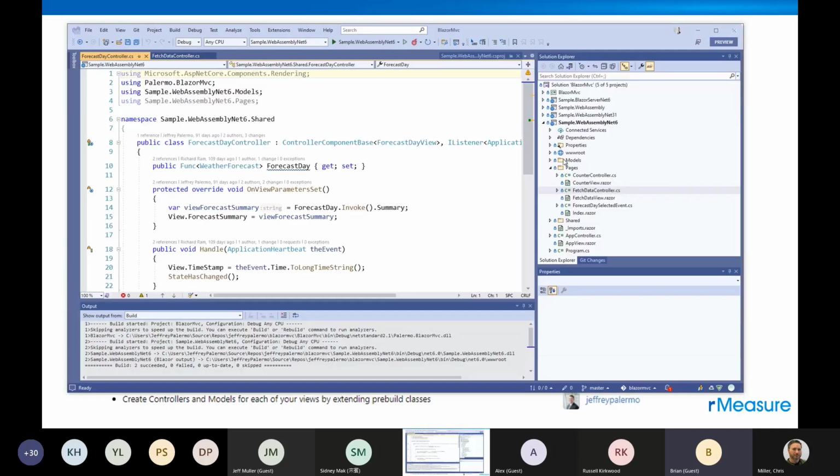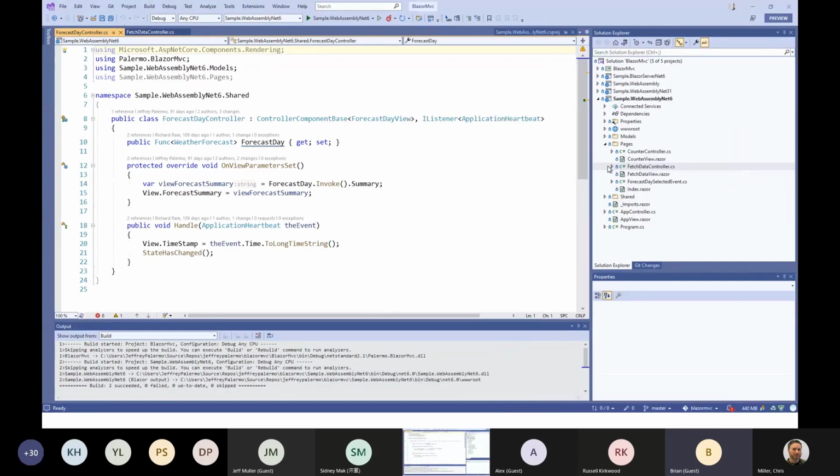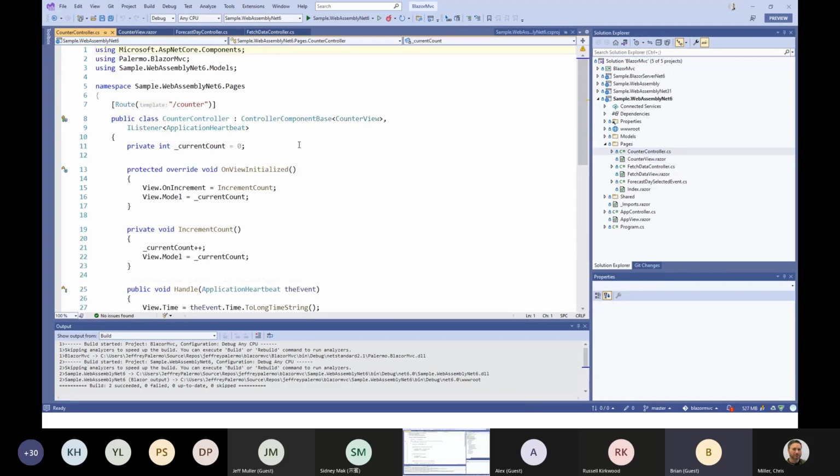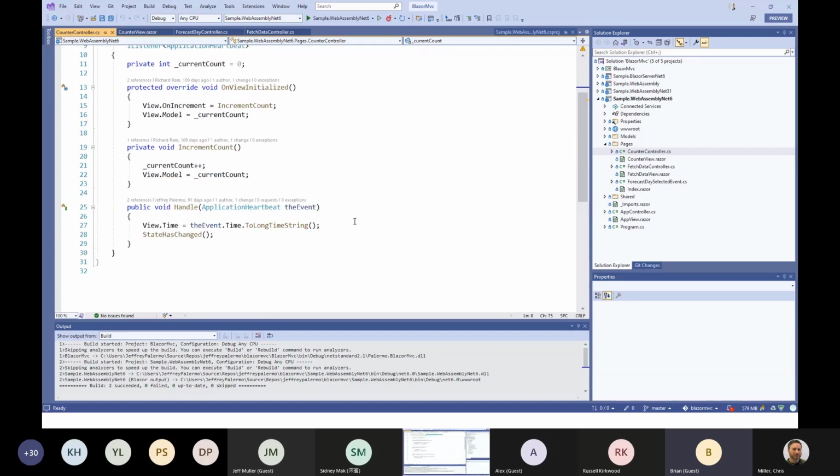What makes this go? Well, if I look at my counter controller, which by the way, I've separated from the counter view, which only has the markup and some properties. And of course, we can use our action properties for a callback. And because the counter controller now happens first and it's separated, the counter controller owns the route instead of the view. But guess what? The counter controller is a Blazor component as well. The controller is a Blazor component, the view is a Blazor component. And so all we're doing is regular stuff.